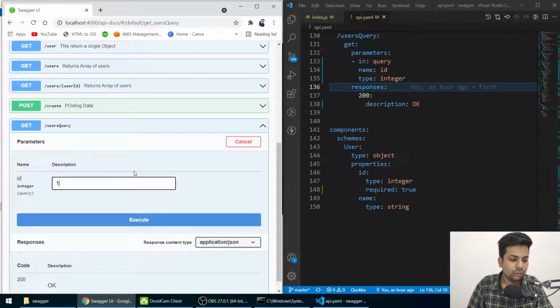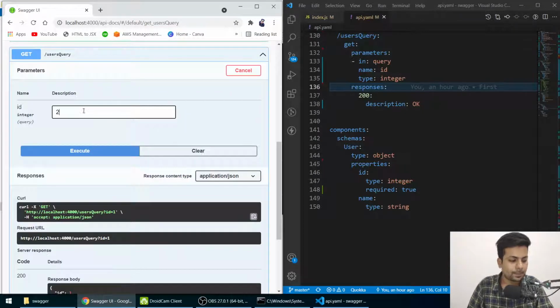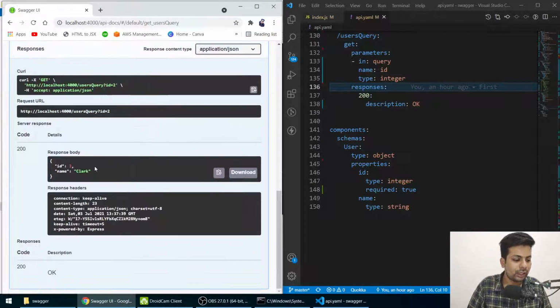Now if I put one and execute, I got the id1 Tom Cruise. So see how it's going: sending localhost 4000 users query, the API name, then question mark id1. So that's the way it sends a query. Okay, and if I do id2 and execute it, name Clark.